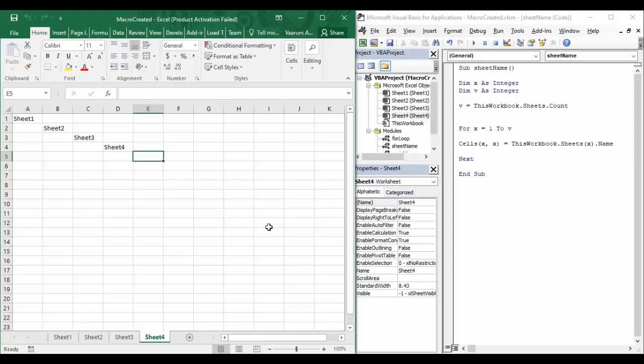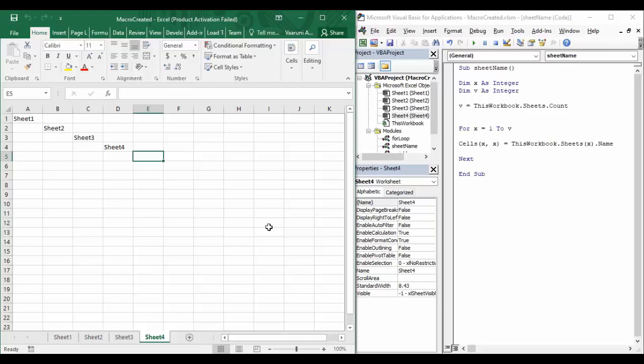But this is not always the scenario. To overcome these problems, we have different types of loops: the for each next loop, the do while loop, and the do until loop.